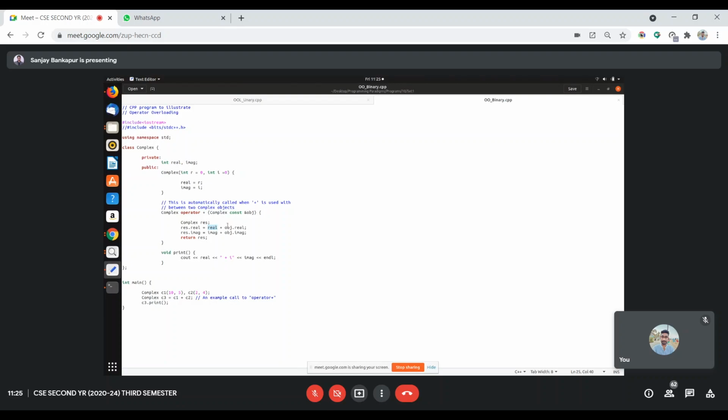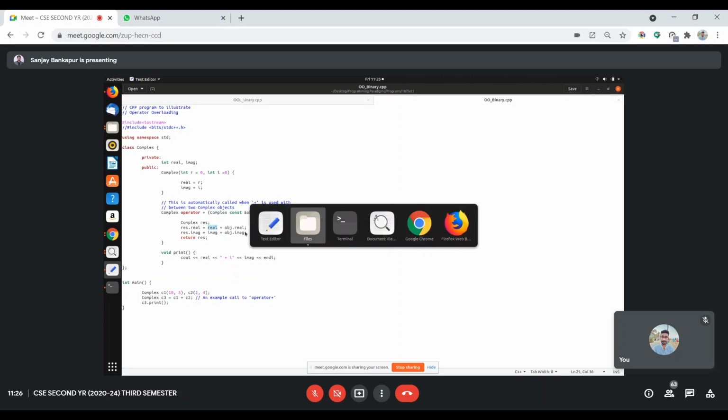That's how the values get added and stored into a new object called result, which is returned. That result object is assigned to C3, and then C3 dot print. Okay, so I will try to run this and we'll see in detail which method is called when, etc. Right. So this is the overall gist of plus binary operator overloading.